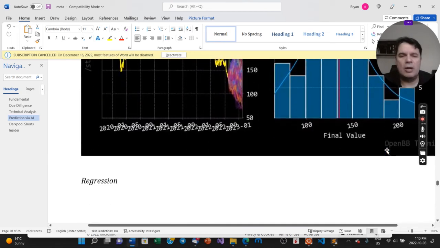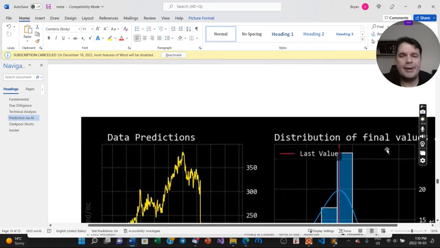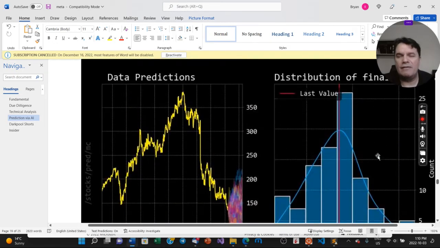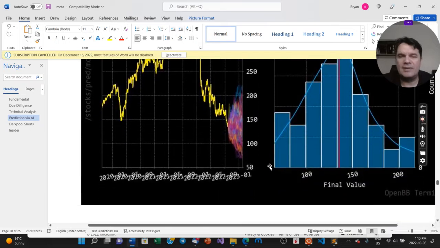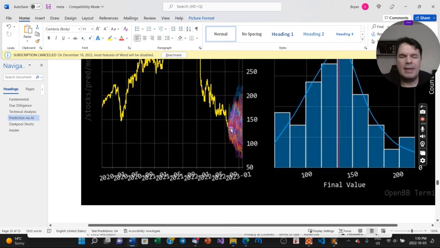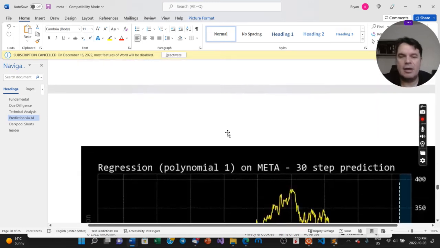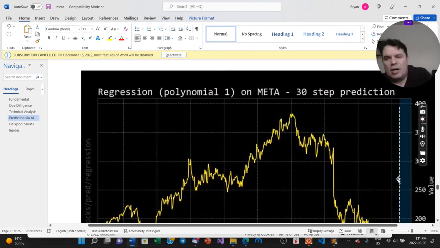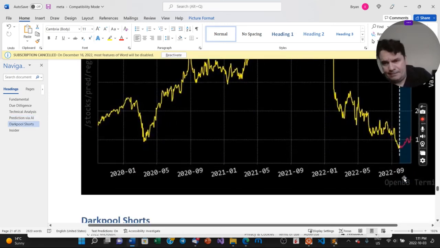So here we do Monte Carlo, the distribution of value. As you can see, there's not a lot of tail in there. Here's the data predictions. Then there's the regression. You can see here it's predicting the price will go up over 30 days. It analyzes over 90 days, and then it will predict out for 14 days, 2 weeks,